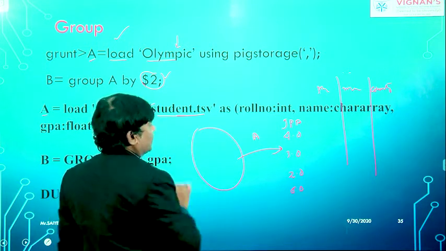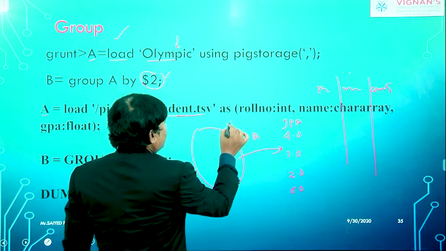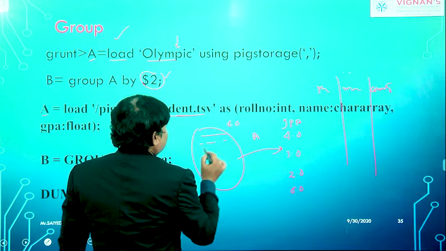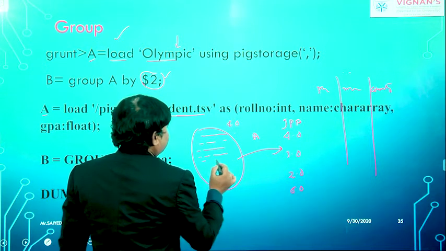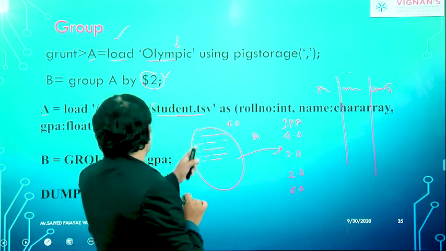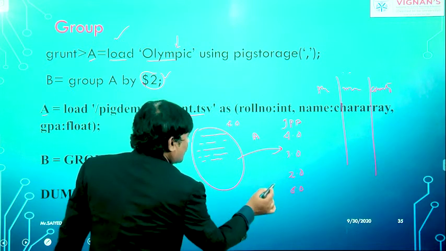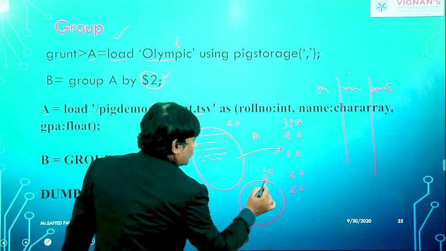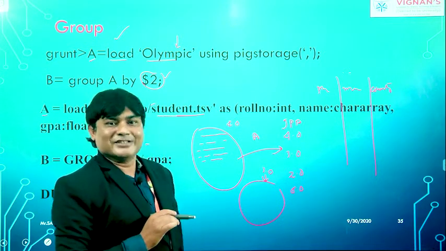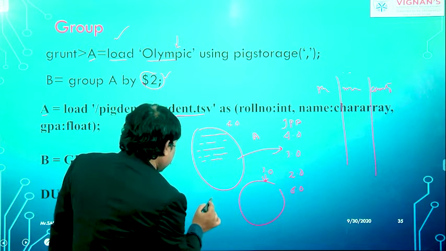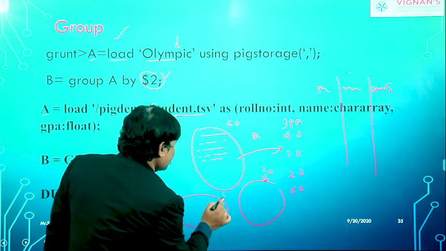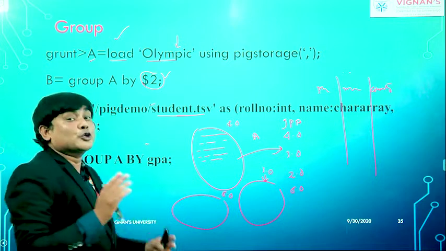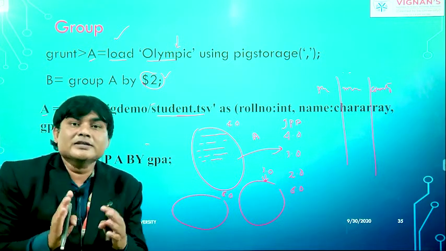How many groups can I make? For 4.0, we have one group. I can get the result of those students who got 4.0. I can make another group, the 3.0, for the students who got 3.0 as a GPA. I can also have the result of students who got 5.0. It means I'm making the groups based on the GPA.